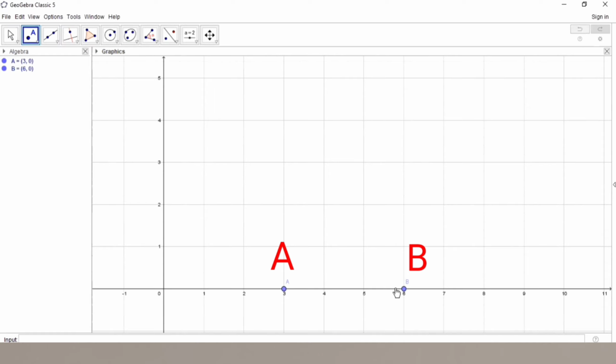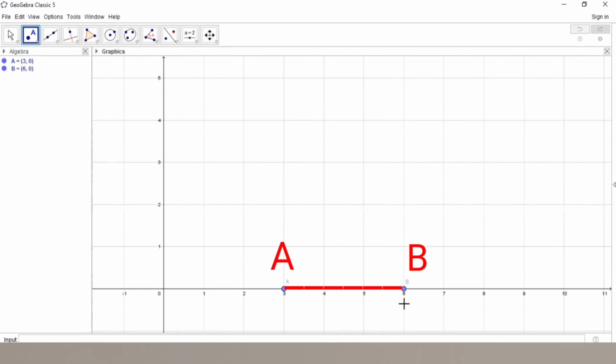Now as these are points on the x-axis, their y-coordinate must be 0. So point A has coordinates (3, 0) and point B has coordinates (6, 0). If we have to find the distance between them, we subtract the x coordinate of point A from the x coordinate of point B. That is, 6 minus 3 is equal to 3. And we can observe that the distance between these two is 3, as this is 1 unit, 2 units